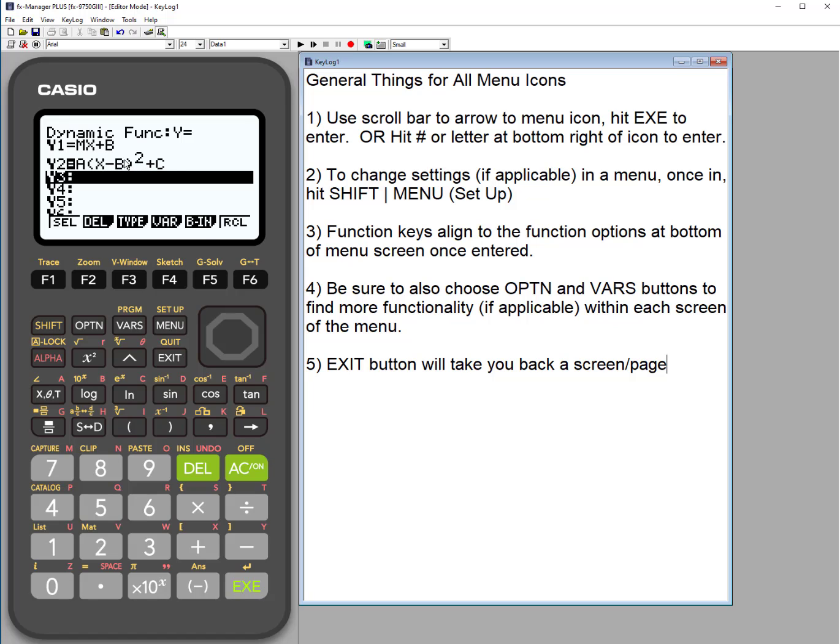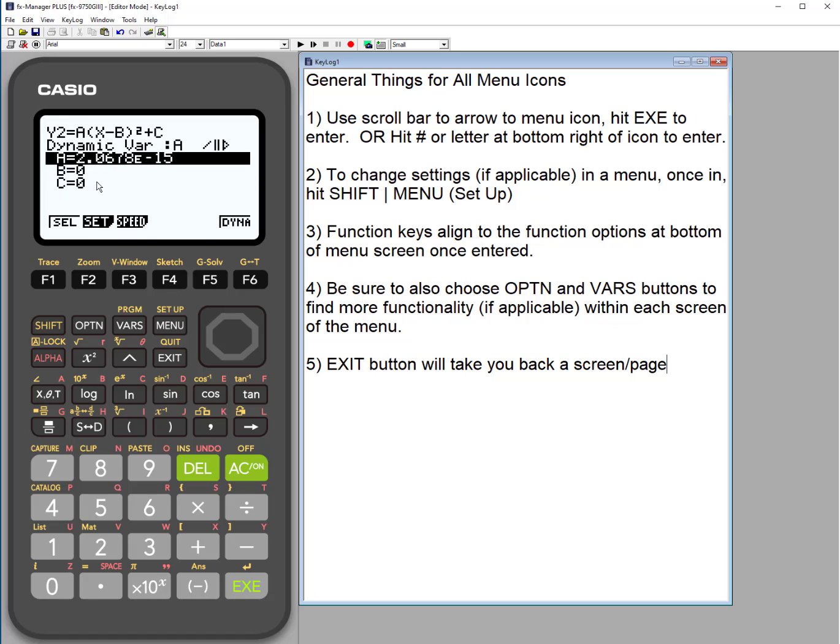So now notice I have 3 coefficients. So let's go into F4 again, where I'm going to set up my variables. So notice here are my 3 coefficients, and if I'm only looking at A, let's leave those at 0. Let's just see what happens. So we can change the speed, stop and go, exit. We can look up at the setup, and the setup's staying the same until I change it. So I'm fine with that setup. Let's hit exit, and now let's look at the dynamic graph of this. And I have it as stop and go again.